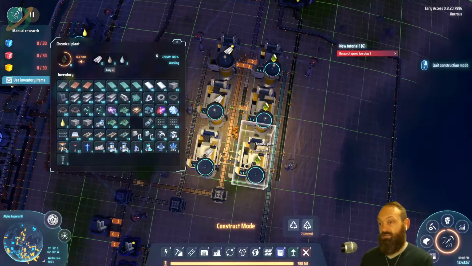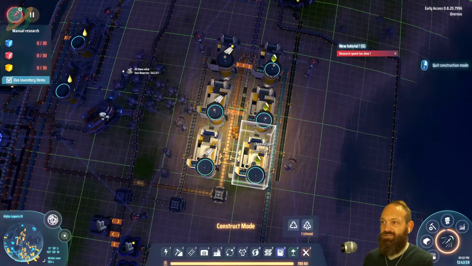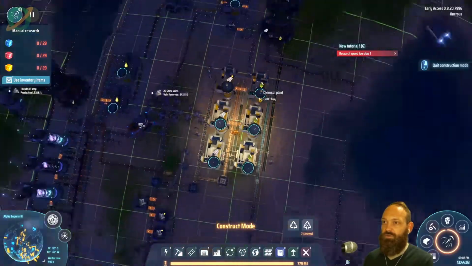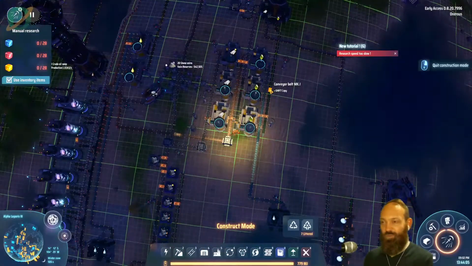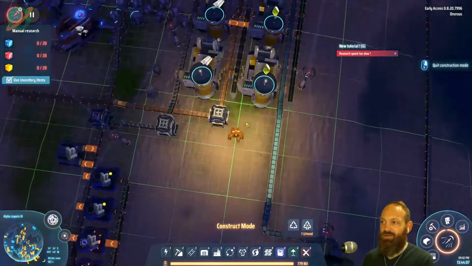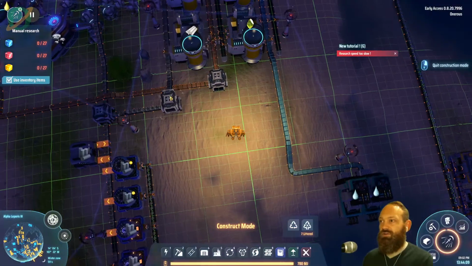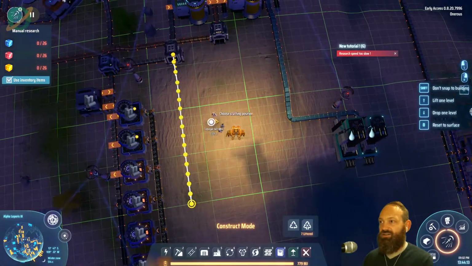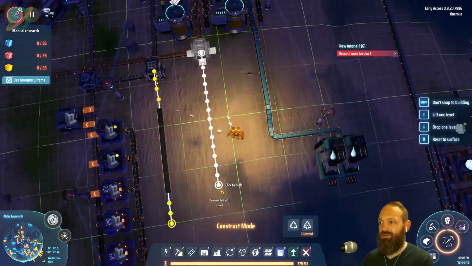They're just going 100% of the time. That's what it is. I don't actually know why we are seeing any overflow here at all. I think maybe at one point I didn't have the inserter powered. Anyway, enough talk. Because we have a splitter here, let's just start running this way and running this